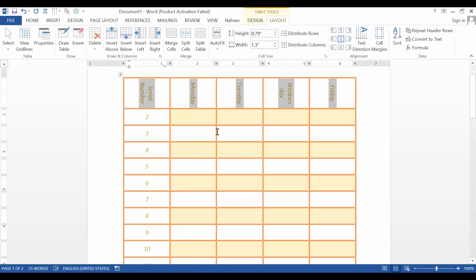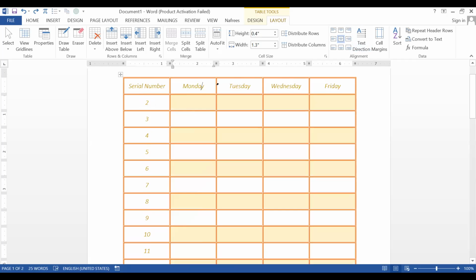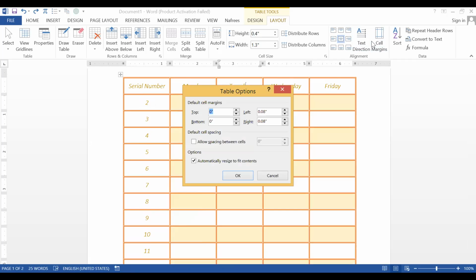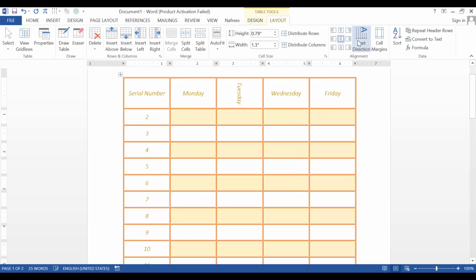The rest of the table part will not get direction. Only the selected row will be directed to the required direction. Or else if you want to change the direction of this content only, then click here and click the text direction.